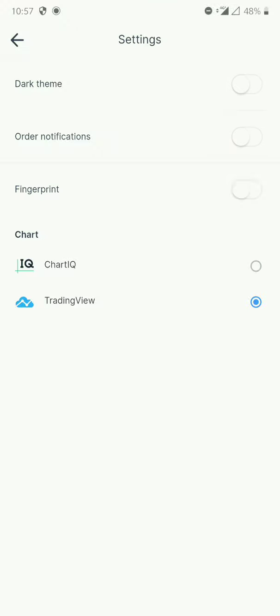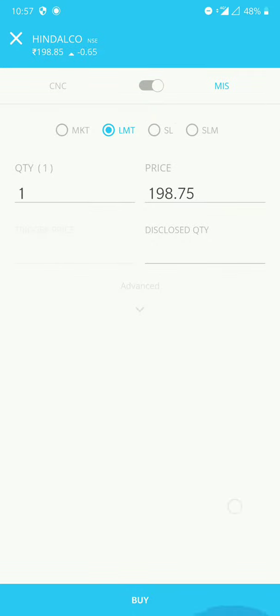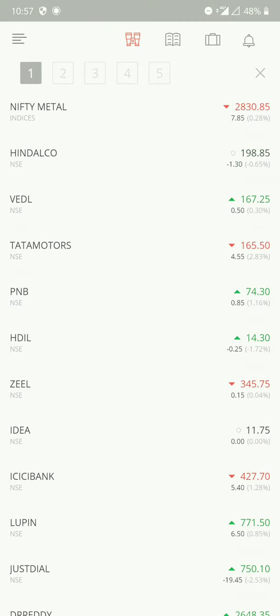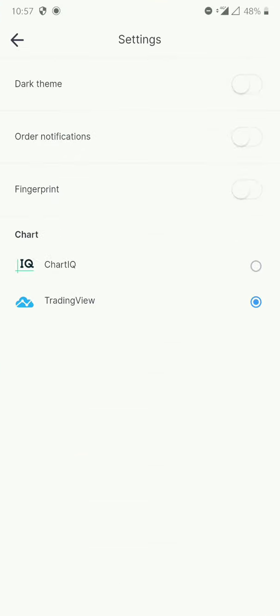One thing I forgot to tell you: in the Kite normal version, this first version, you have to first put your login ID, that is the password, and then it asks for the PIN. But in the case of Kite 3, the new version, if you put your login ID details once, next time it will only ask you the PIN. So if you just put your PIN, you can log in very soon.